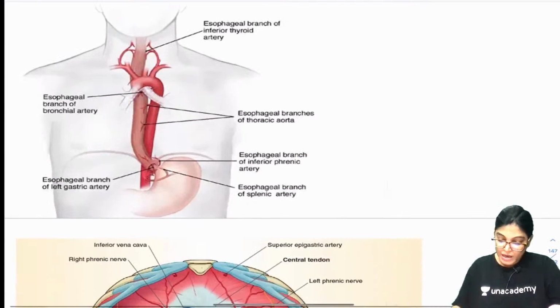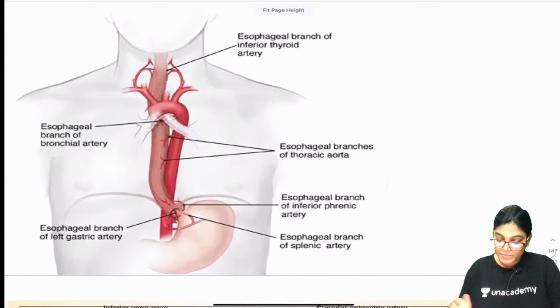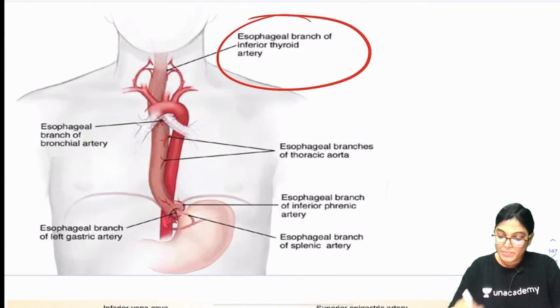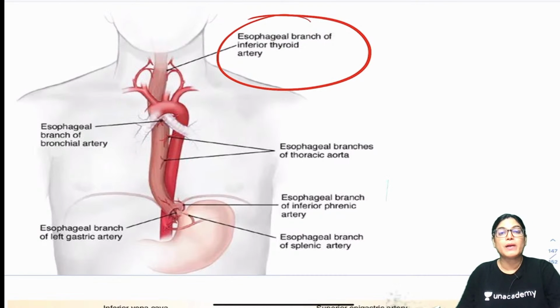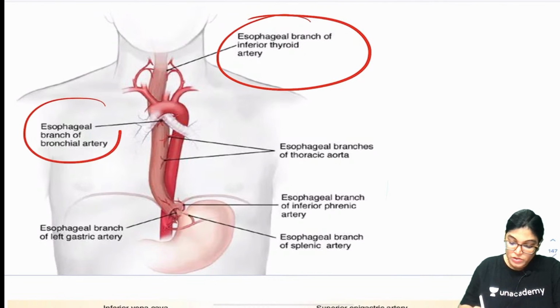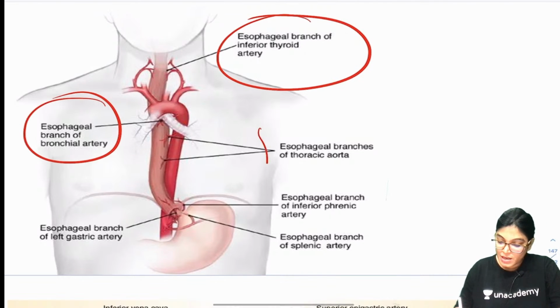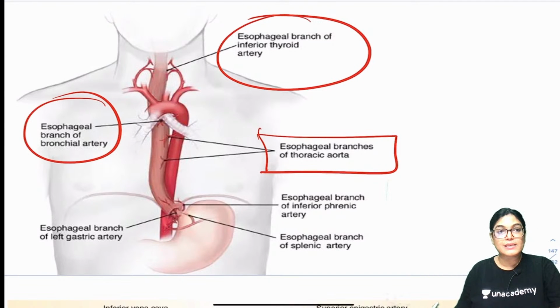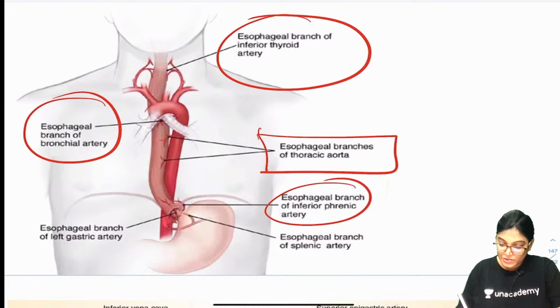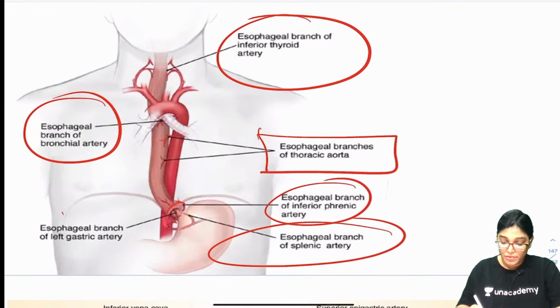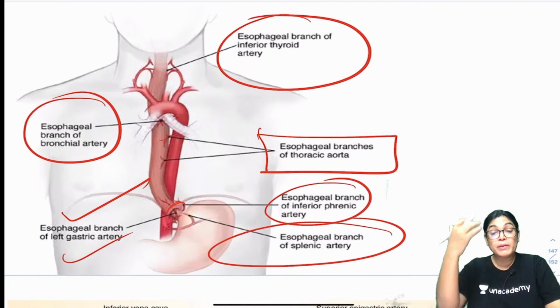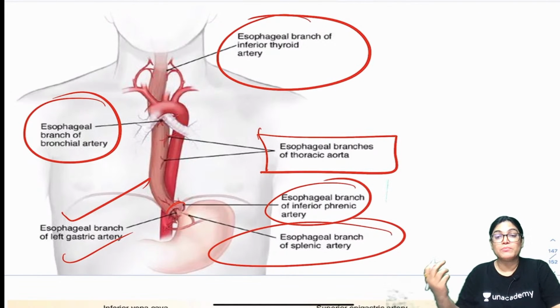So now I would just like to show this diagram. Here you can see the esophageal branch of the inferior thyroid artery giving blood supply to the upper part of the esophagus. Also the esophageal branch of bronchial arteries, the esophageal branch of thoracic aorta, the esophageal branch of inferior phrenic artery just at the level of the diaphragm, and